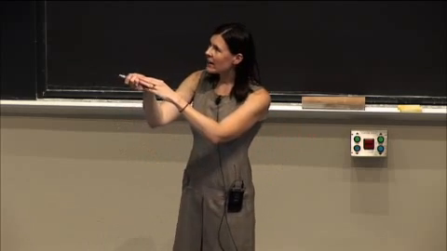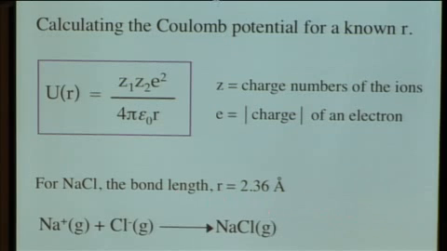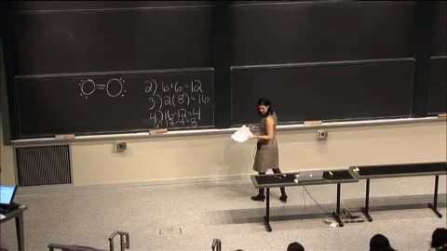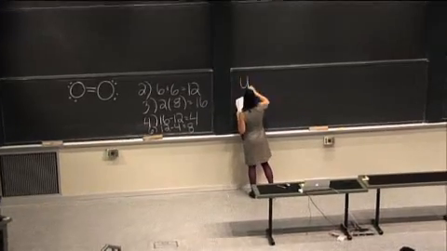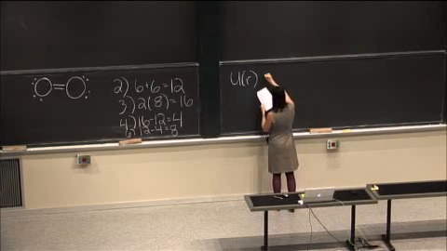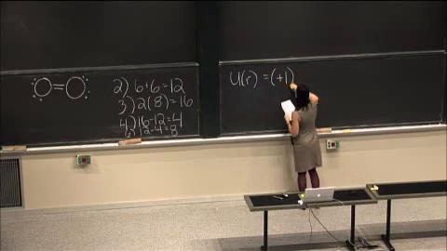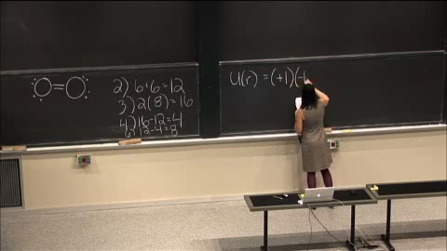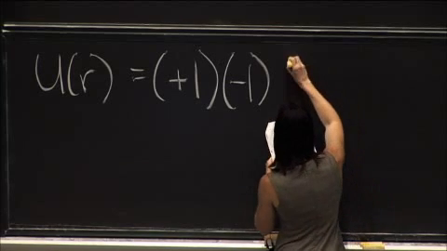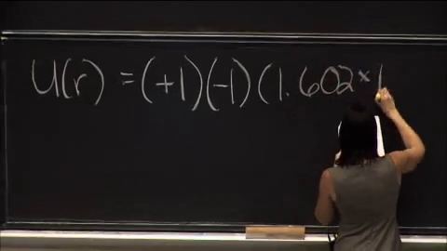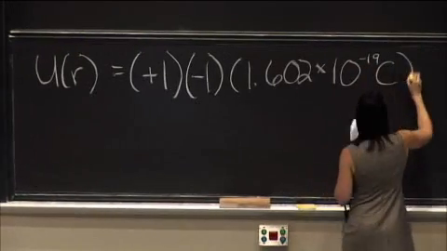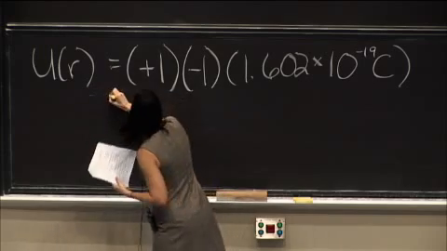Let's say we do the calculation with the bond length that we've looked up, which is 2.36 angstroms for the bond length between sodium and chloride. So we should be able to figure out the Coulombic attraction. If we talk about the energy of attraction, we need to multiply plus 1, that's the charge on the sodium, times minus 1, the charge on the chlorine, times the charge on an electron, 1.602 times 10 to the negative 19 coulombs. And that's all divided by